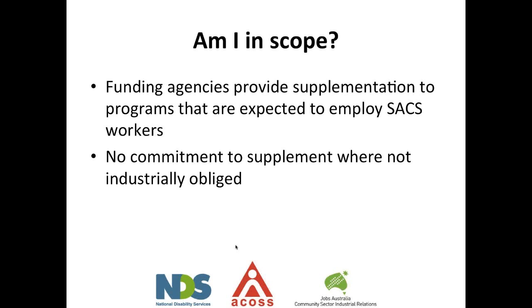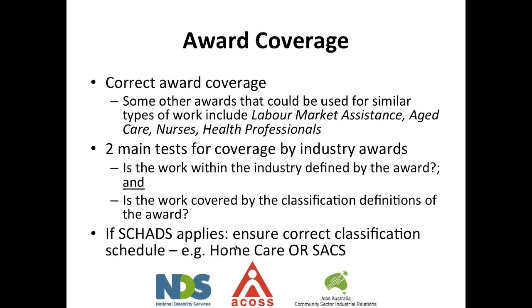Two things you can look at: have you correctly classified people under the right award? So what's the industry that we're in? There are other awards that can cover our industry, such as labour market assistance, aged care, nurses and health professionals. And the way to do that is to work out what is the industry defined by the award. So obviously if we're in the social, community, home care and disability services, that'll get us into the SCHADS part of the award. The second thing you need to look at is whether there are classification descriptions that can cover that employee